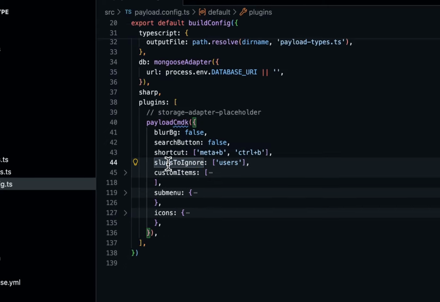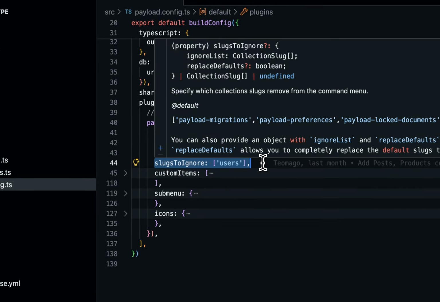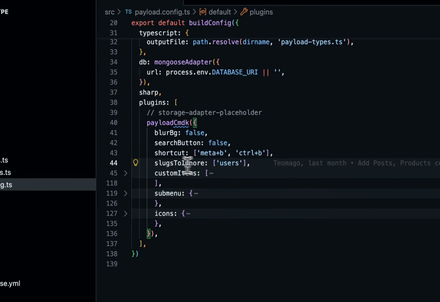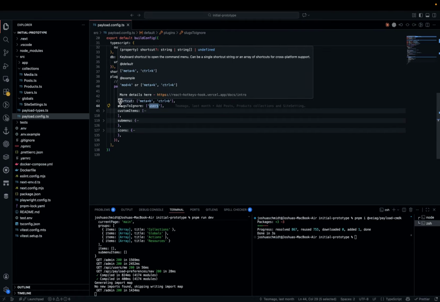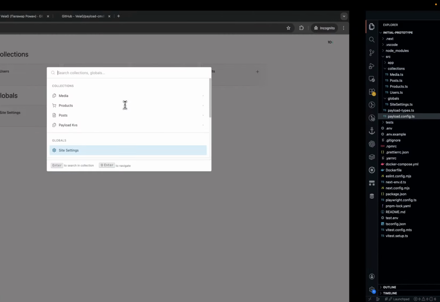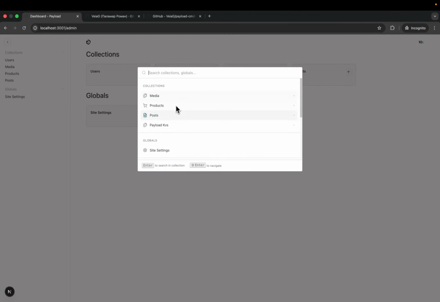Next interesting and important setting is which collections it is supposed to ignore or to put in. In this case, we don't want it to search the user collection, because by default it takes in all collections that you have. The next interesting functionality is, by default, this includes all the collections. So if we press Command K or Command B, whatever, you see here media, products, posts, and payload KV collection. These are by default there, but we can also append an actions section, and this we do with custom